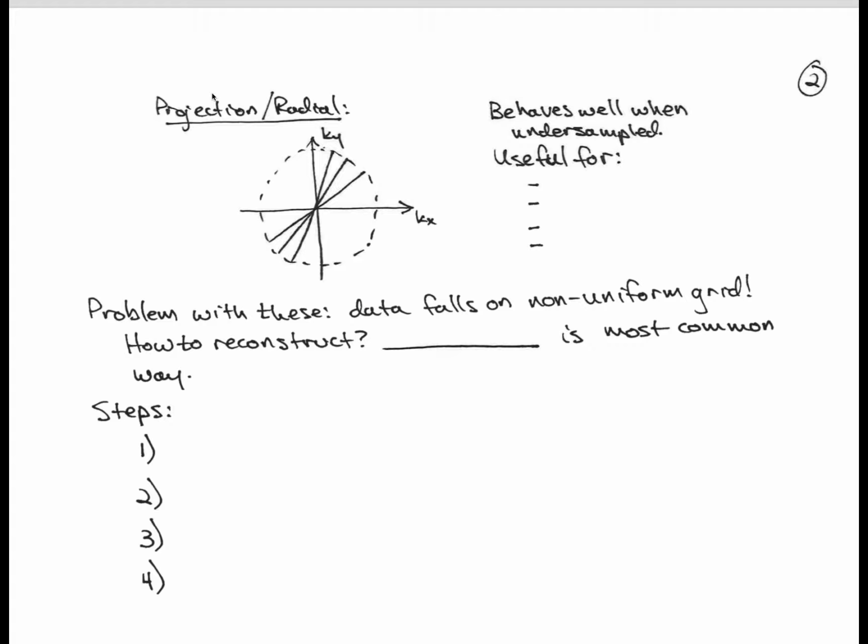The other trajectory are projection or radial trajectories, where you collect a set of radial lines in K-space. These behave very well when undersampled, so they can also be useful for real-time imaging. They've also been used for cardiac imaging. They haven't really been used for fMRI because they still have limited volume coverage for the brain. But they have also been used for contrast-enhanced imaging, for which they have the advantage that you always collect part of the center of K-space